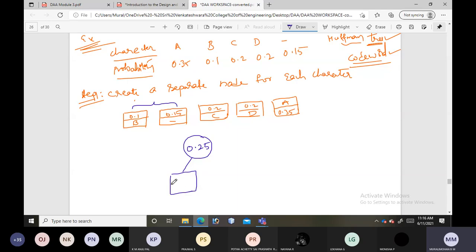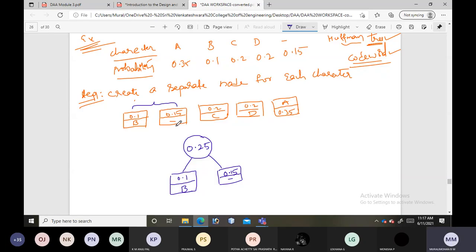Which is that smallest value? 0.1, and the character for that is B. To the right I will take one more, that is underscore with 0.15. Is it clear how we got this 0.25? That is 0.1 plus 0.15.